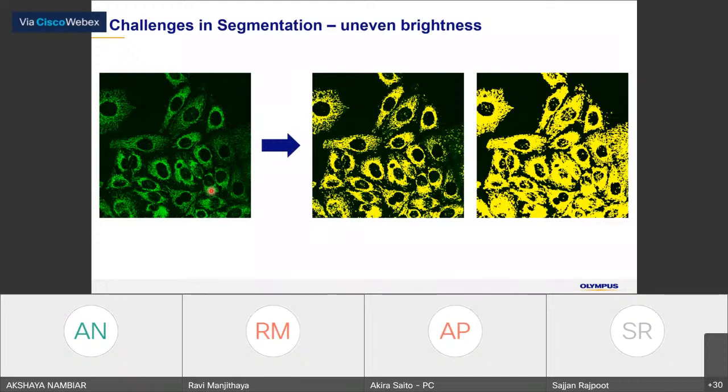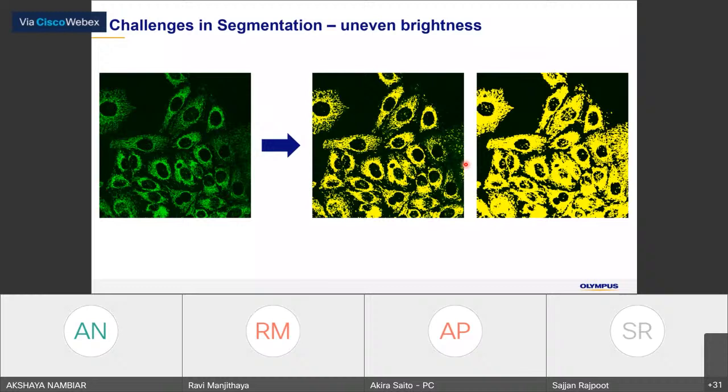For example, this image is a mitochondria stained image with fluorescence. You can see that this is the fluorescence image, and we use intensity thresholding. Say you found a good threshold, but in this area it looks like some of the mitochondria are not detected.